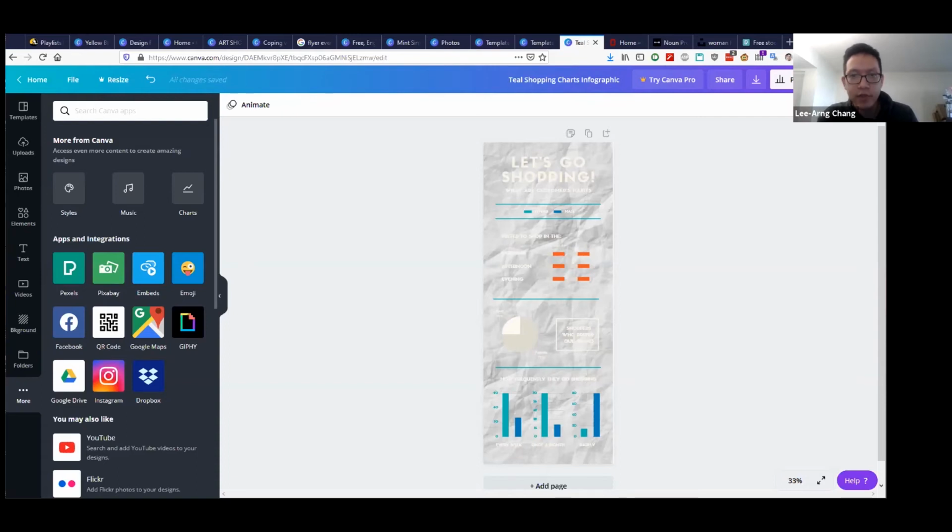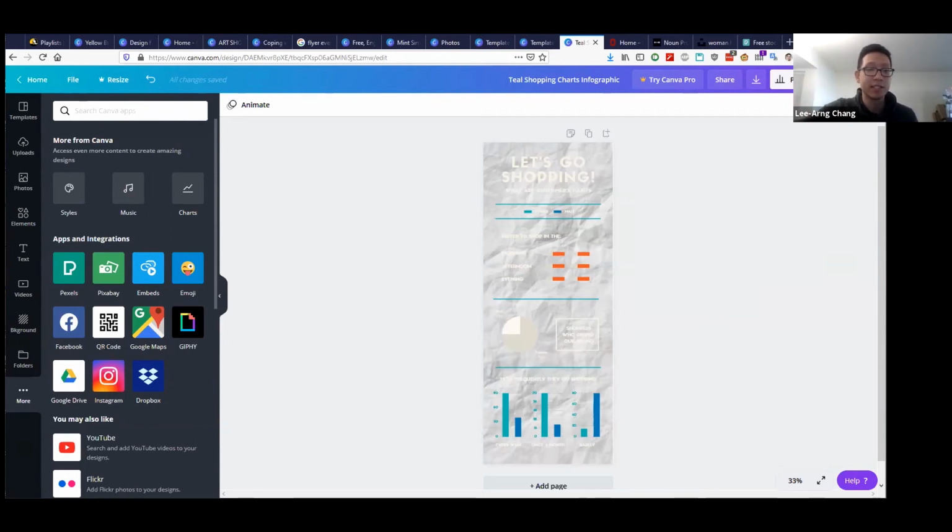Is there an interface to InDesign and Photoshop? So not that I know of. If you are familiar with InDesign and Photoshop, I do not believe there's any native interfacing or compatibility. Once you've created your image, your infographic, your poster, it's kind of locked in, right? It's within the Canva environment, the Canva tool. So if you want to adjust things, you have to go back to Canva.